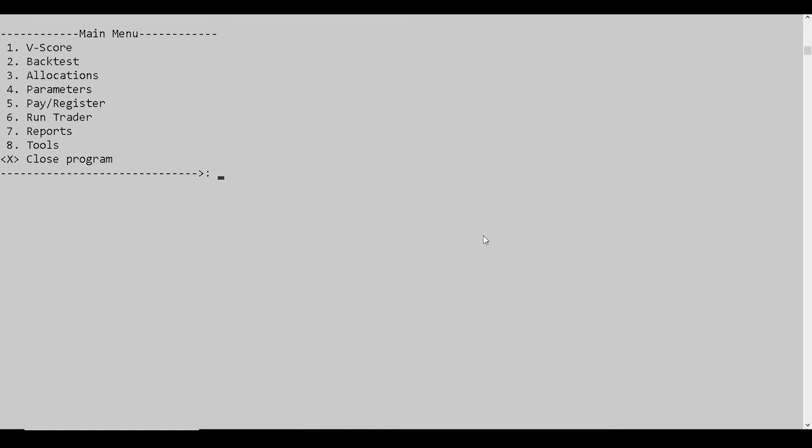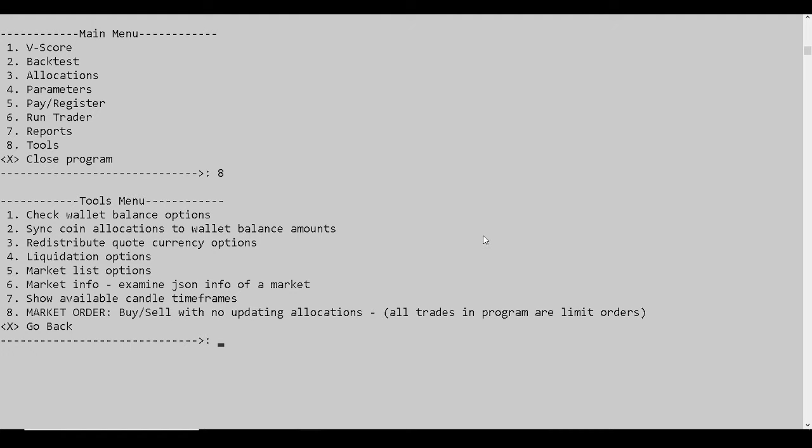Okay, for this next video, we're going to just do a brief run through of all the tools in menu option number 8. So we've got 8 more options in the tool menu. The first one is checking wallet balance options. You can